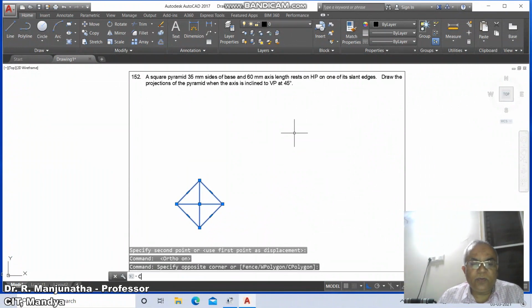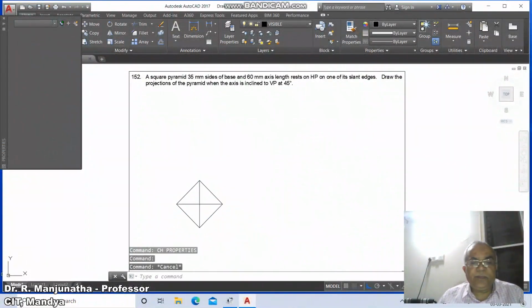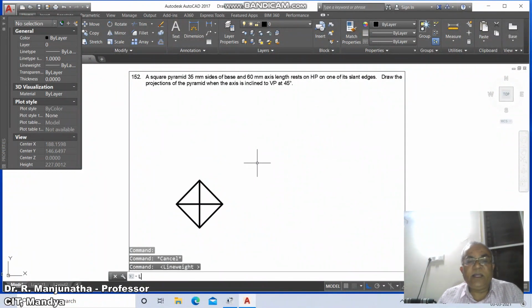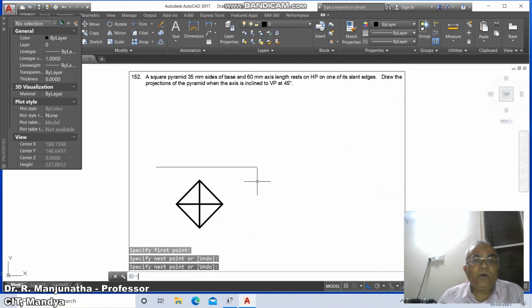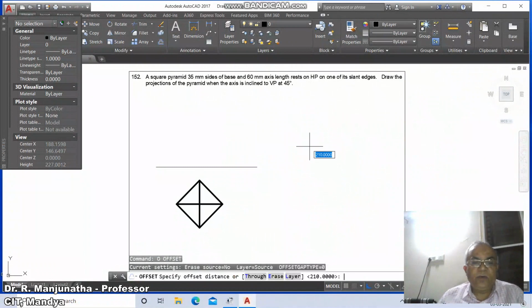Then select this entire thing and go to CH, go to layer, take it as visible, then escape, then make the line weight visible. Then go to line, draw a horizontal line and then go to offset, take the distance as 60.